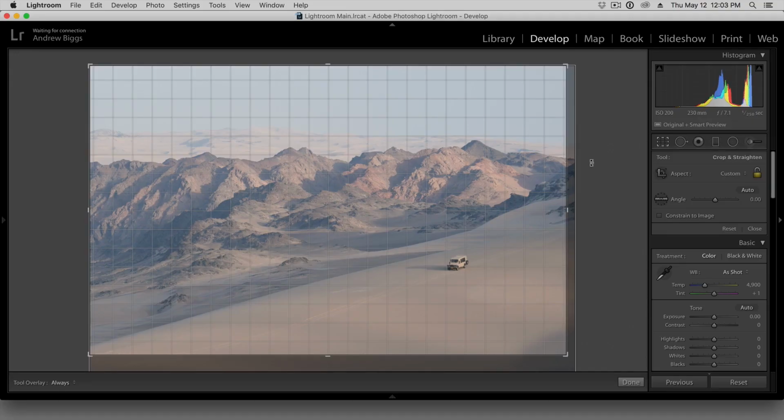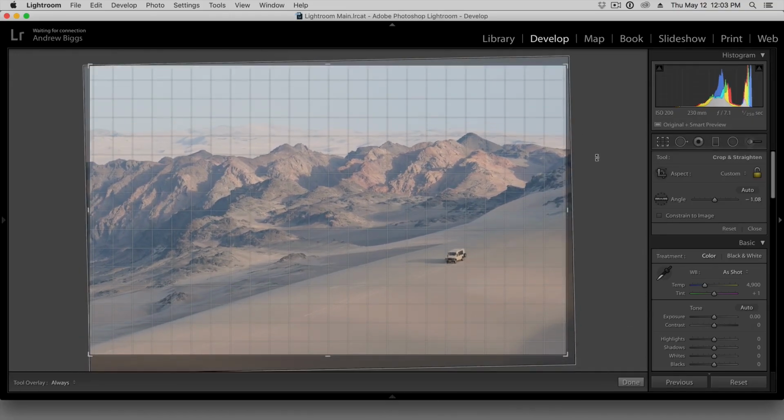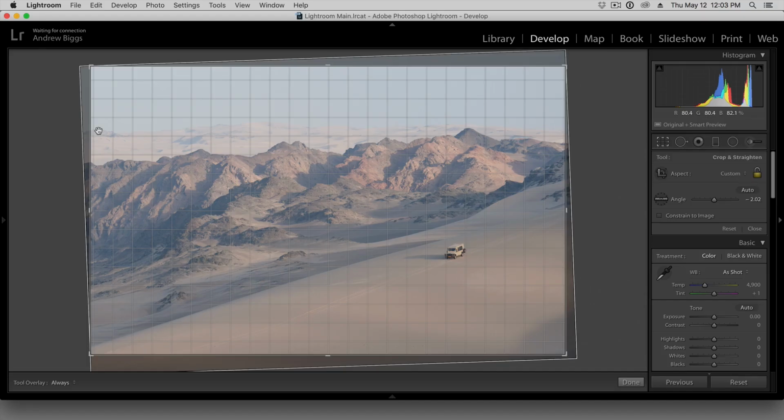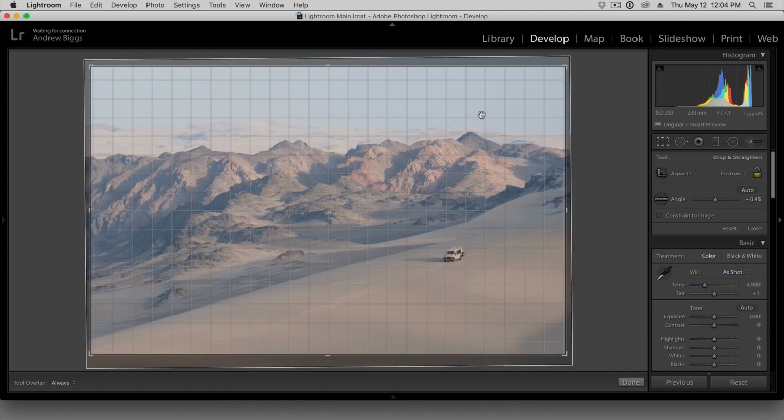Now, if I wanted to adjust for that horizon, I could either click on the outside of the crop tool and rotate to make it look right, or I could hold down the command key and get a level and click and hold and release, or I can do that using the bar on the right hand side of the crop tool, the angle. In this image, I'm not sure that it needs much at all,